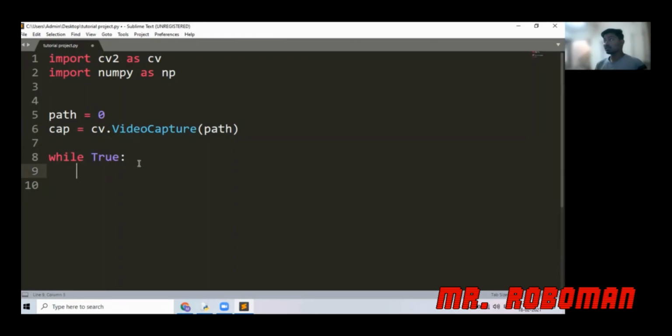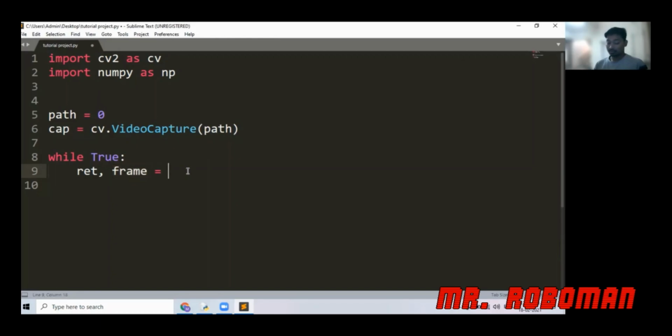Two different data in the sense it will first give me, let's say, ret. This variable tells me whether my camera device is giving me an actual frame or not, that means whether this cap variable is activated or not. Then I'll go for frame, and in frame we have our image.